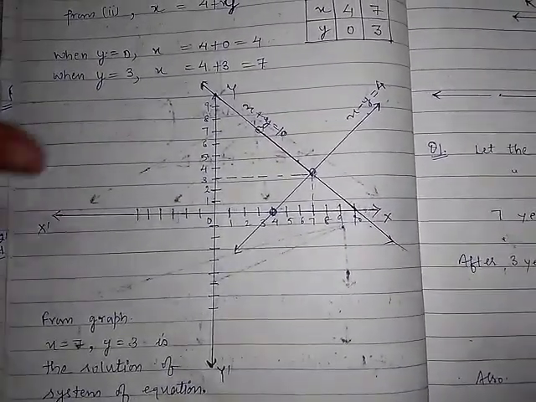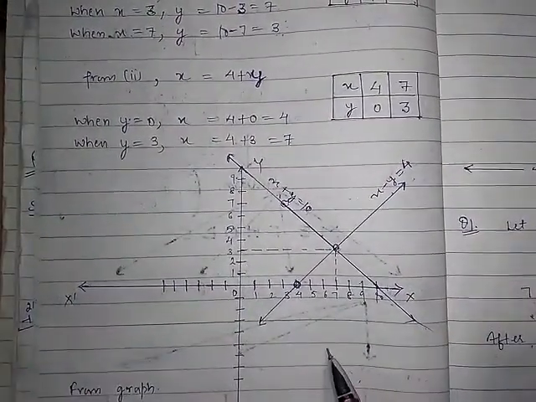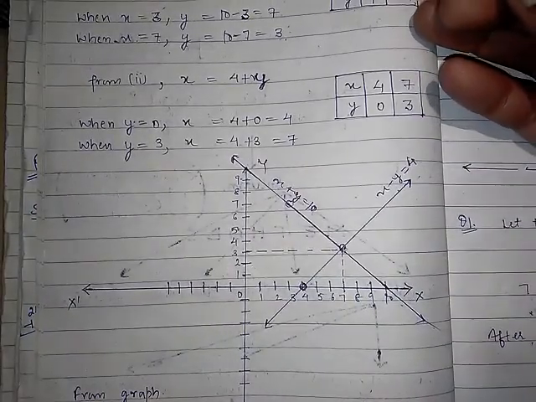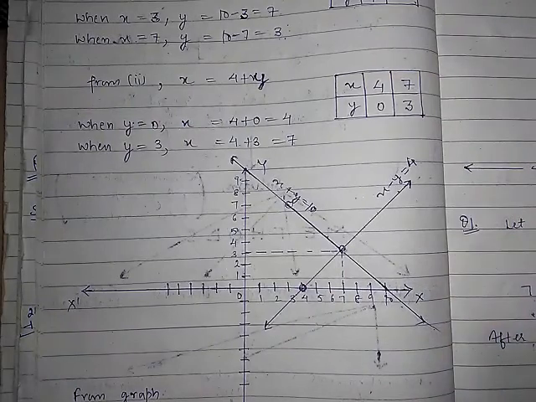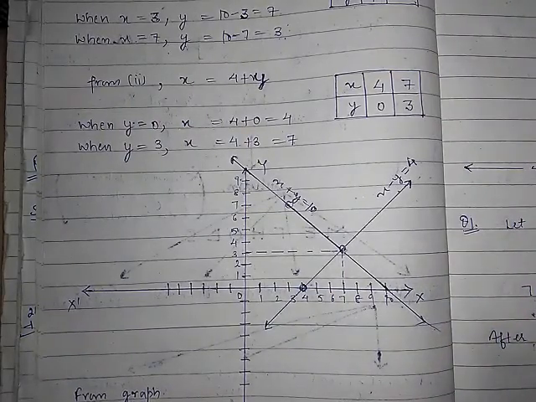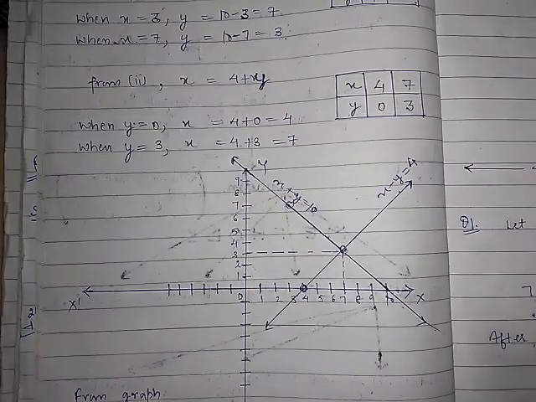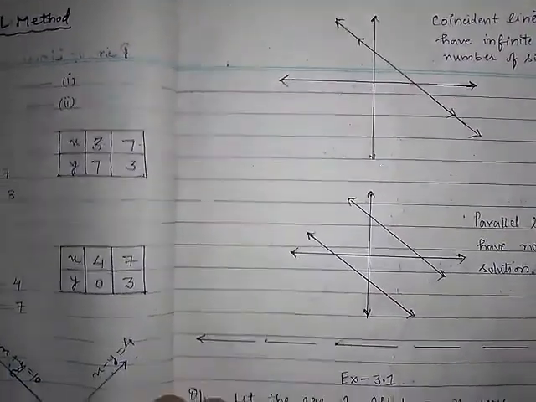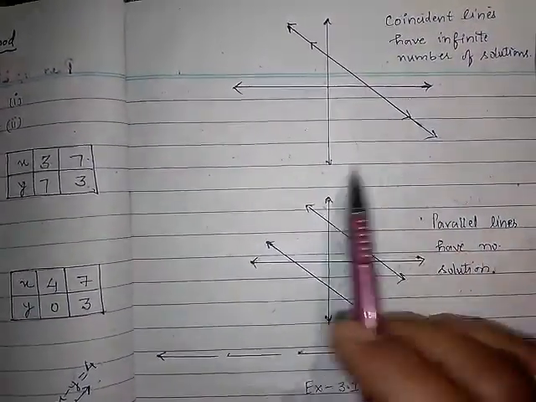Up to here, this one portion, drawing the graph, the method will remain the same in all three cases. Okay. After drawing the graph, you have to decide how many solutions there are. Only that much you have to write down in the last. Okay. So in general, let me tell you about the other two cases. Now you can have a look at this.